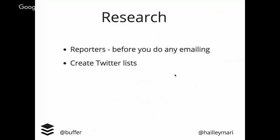And then another way to do research is, for me, creating Twitter lists is very helpful. So I'll take all the reporters that I talk to in any industry or that write about a particular topic, bloggers, editors, news sites, and I'll create these private Twitter lists so that I can keep tabs on different things that are happening and what different reporters are talking about. So I have different lists. To give you a couple of examples, I have just all reporters, so any reporter that I've ever stumbled across. I can't say that was the best decision because now it's like a 500 Twitter account list that I have,